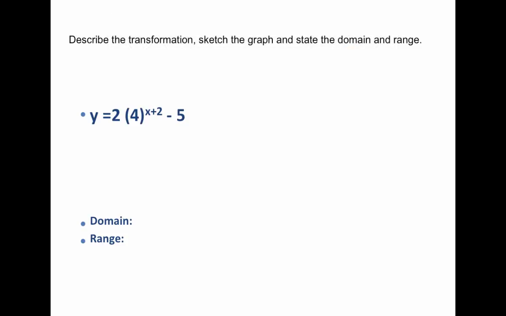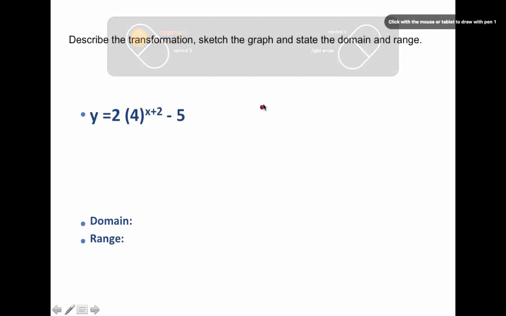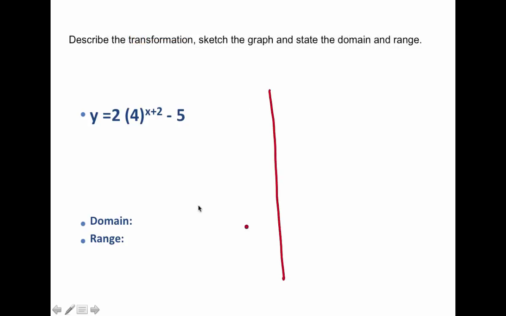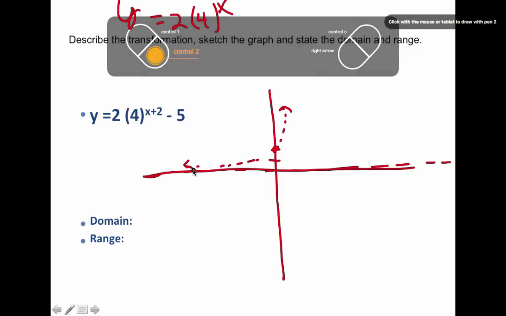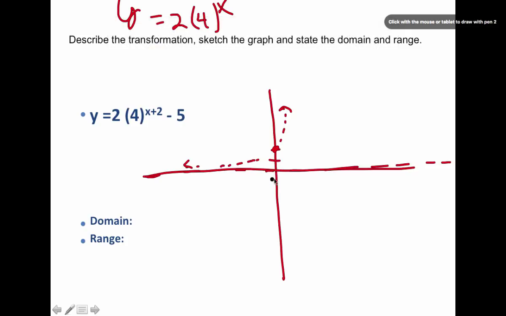Okay, let's try this one. First of all, if I graph y equals 2 times 4 to the x, that would have an asymptote here, and we would have an initial value of 2 because the a is 2, and then we would be going up like this quickly, right? But now I want to move the whole thing 5 units down,